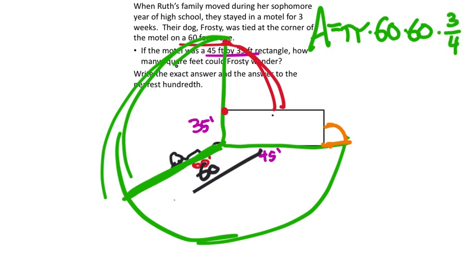So I'm going to multiply that by 3/4 of a circle, because that's as much area as the green circle will cover. Which, when I put into the calculator, let's see what this gives me. And again, I do want the decimal on this one. I'm just going to round this to the nearest tenth. So pi times 60 times 60 times 3/4. And I got 2,700 pi, but I want the decimal, which shows